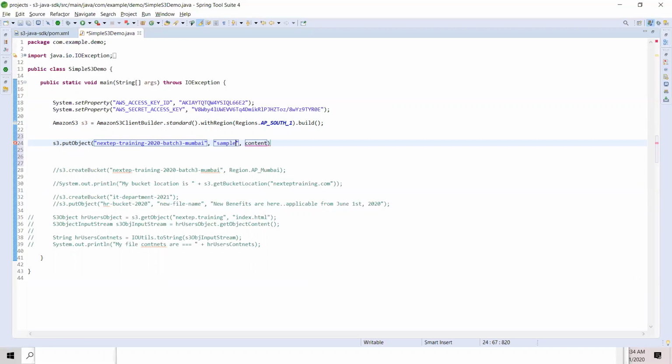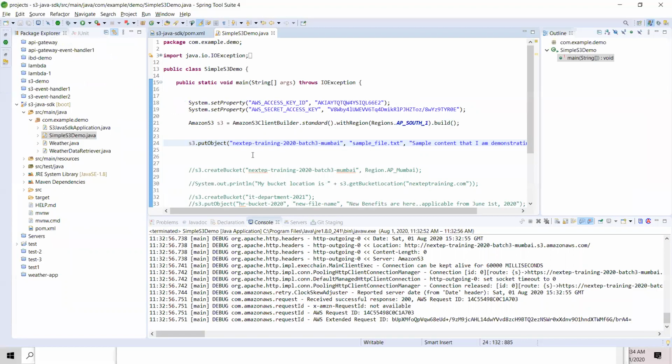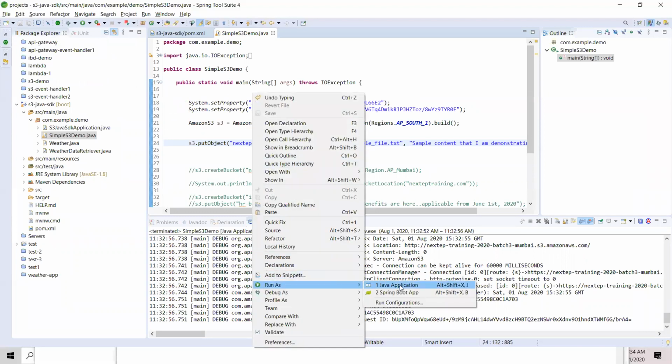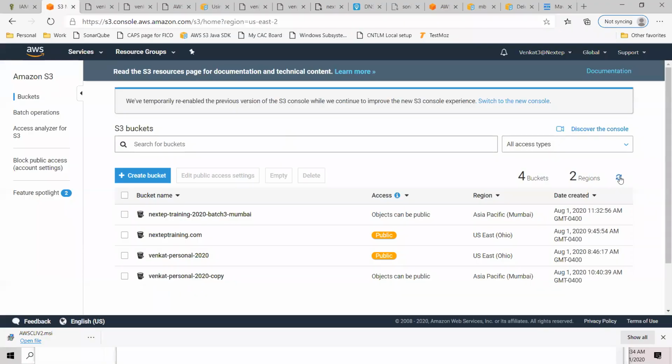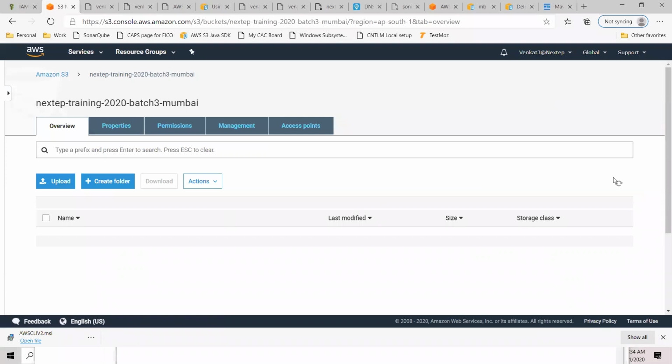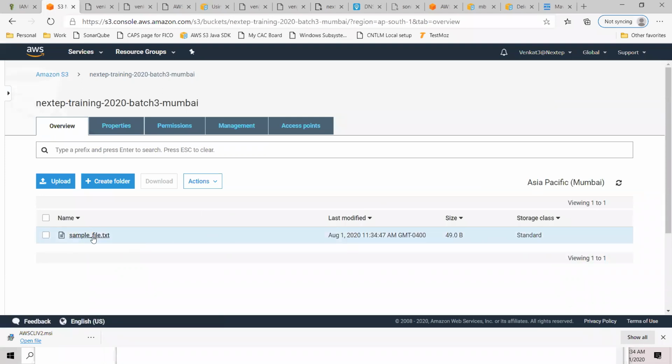Sample file dot txt is my object key, and then this is my content: sample content that I'm demonstrating. That's it, S3 put object. Now a new file will be created there. There you go. We got the sample file.